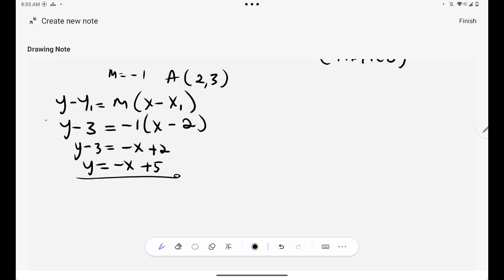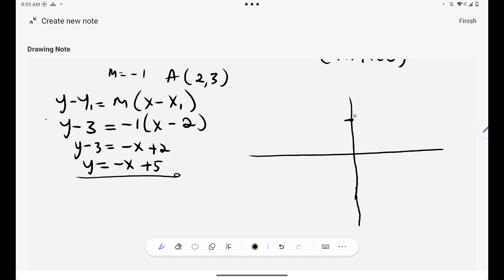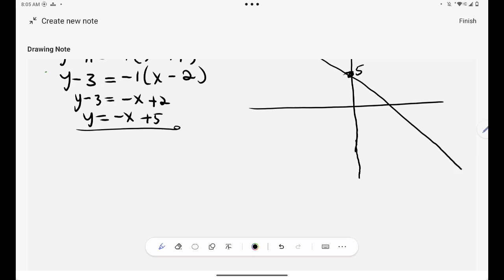Now guys, when I have my equation, I don't have to think. I know my y-intercept is here, positive 5. My graph is decreasing. It has to go like this, passing at positive 5. Then my duty is to find the y-intercept. Are we together? And then